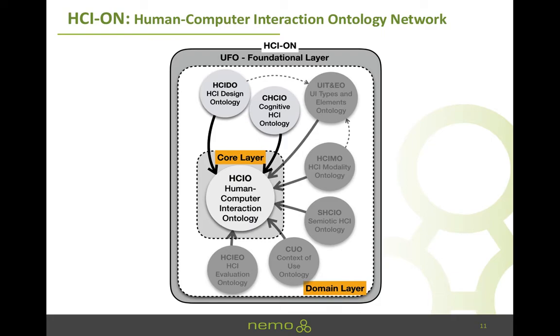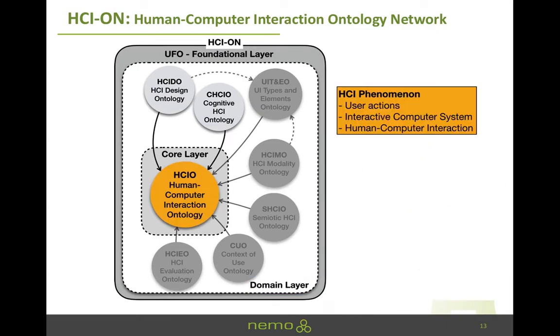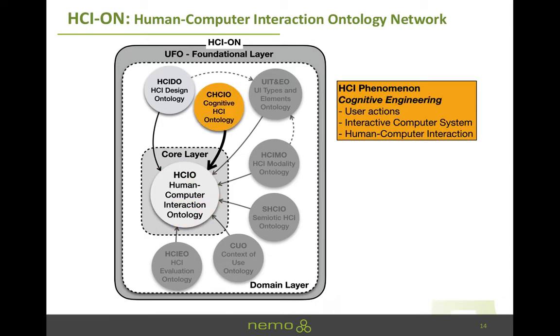Solid arrows indicate the reuse of concepts between domain ontologies and core ontologies, and dotted arrows represent the reuse of concepts, or dependence relationship, between domain ontologies. At our core layer we have HCIO. It is an ontology about human-computer interaction, and at the domain layer we have domain ontologies that are more specific